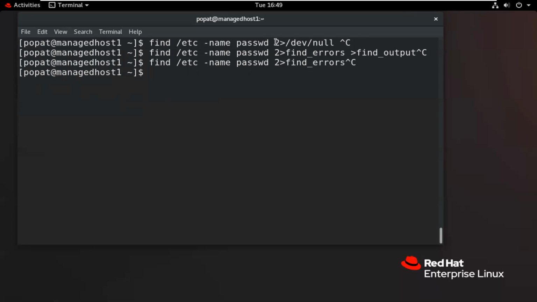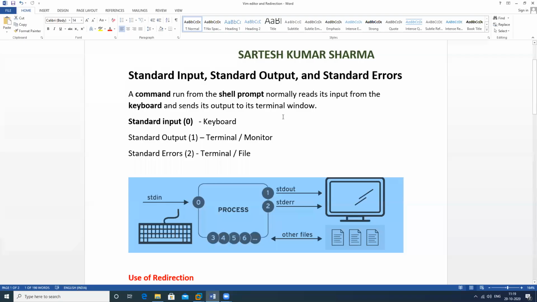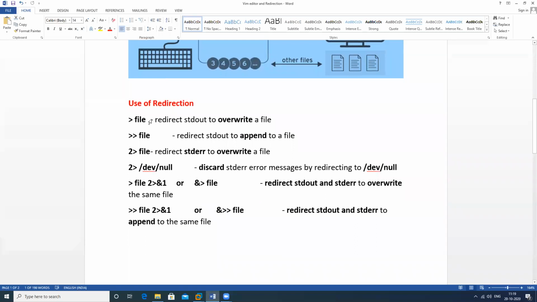If we want to discard the errors, we can use this concept. If we want to save the output in a file, we can use this option. If we want to save the errors in a file, we can use this option, and only the errors, not the output, we can use this one. So this is the process.